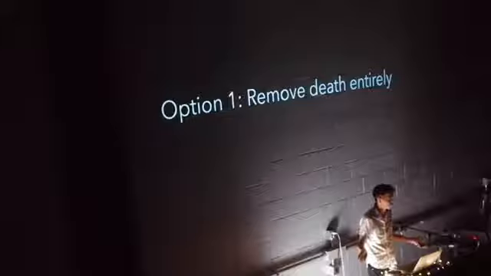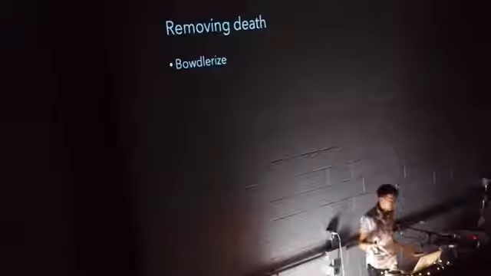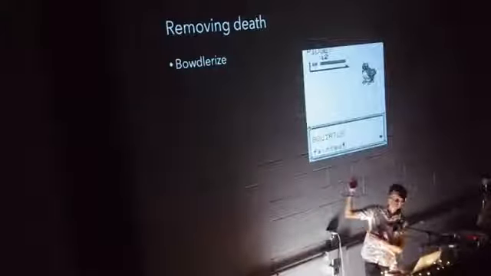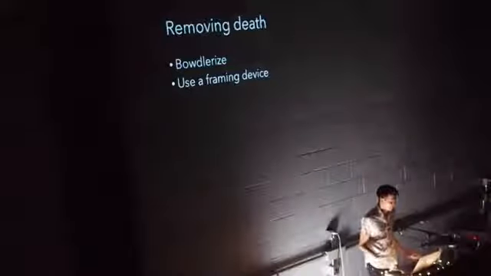If death isn't something that you want to talk about in your game, you can just take it out. This is easier than you think. So the first option is to call it something else. In Pokemon, everyone faints when they hit 0 HP. You can also explain it away with a framing device. So Super Smash Bros. is a game with a ton of cartoon violence, but it avoids death with a framing